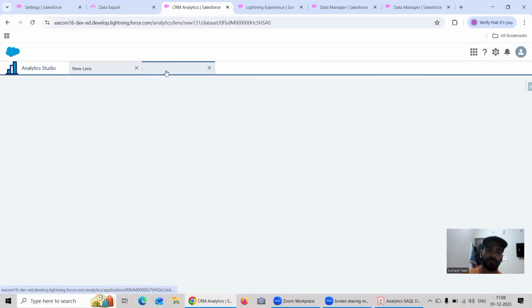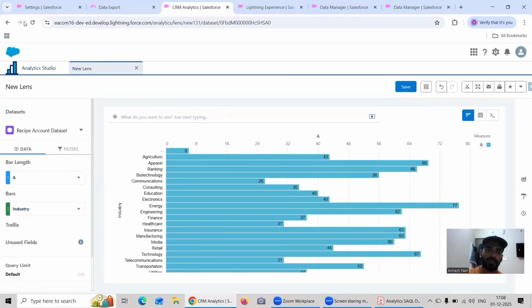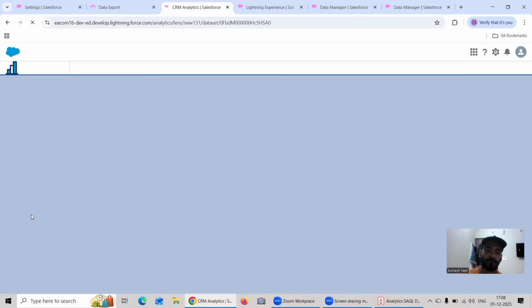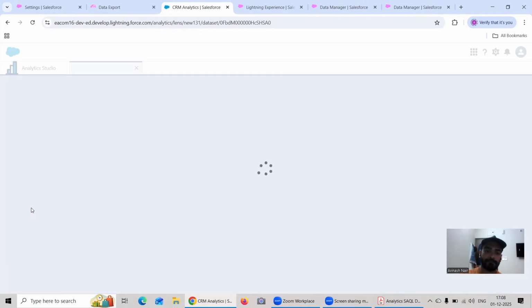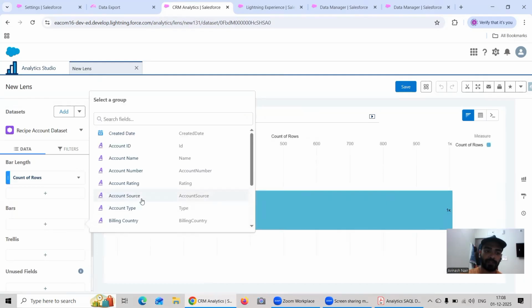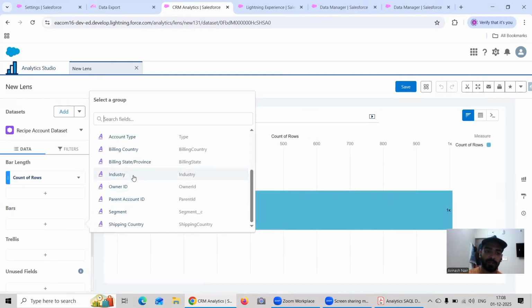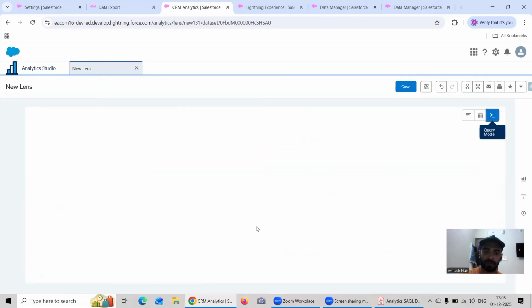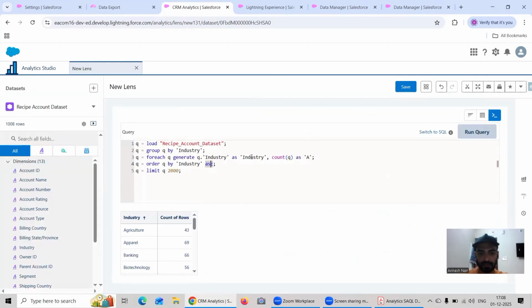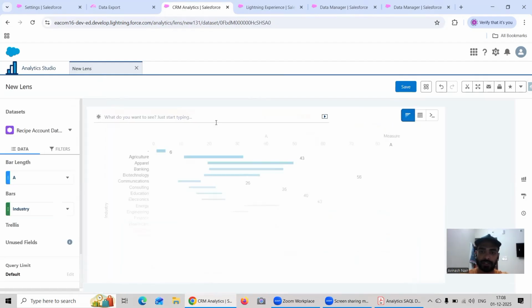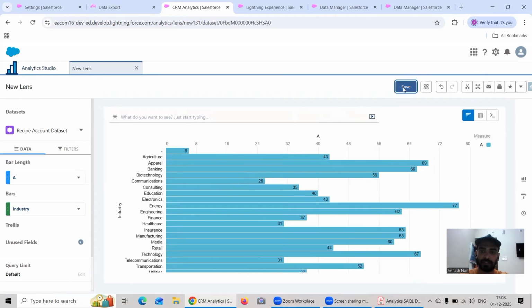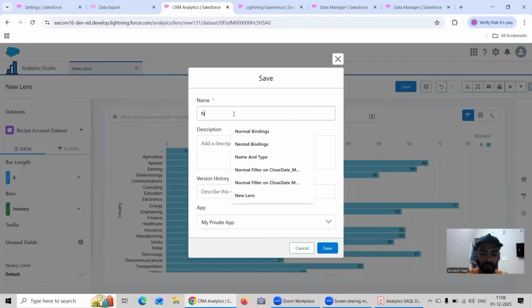So now I will refresh it once again. That's fine. Let it reload. And if I bring this particular industry itself, and here I'm going to write once again nulls first. And if I run this query, here as you can see, the nulls are coming first. And if I save it here, I can write something like,